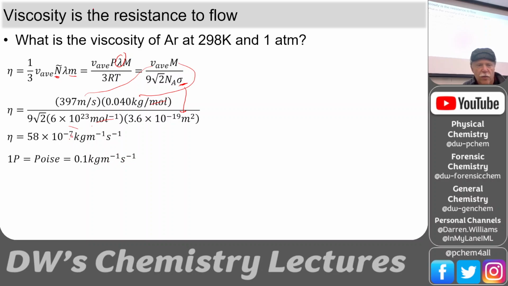And so we're going to have one order of magnitude difference between this. And so that 10 to the minus 7 becomes a 10 to the minus 6. And so that becomes micropoise. So this is for argon, 58 micropoise. Not very viscous at all